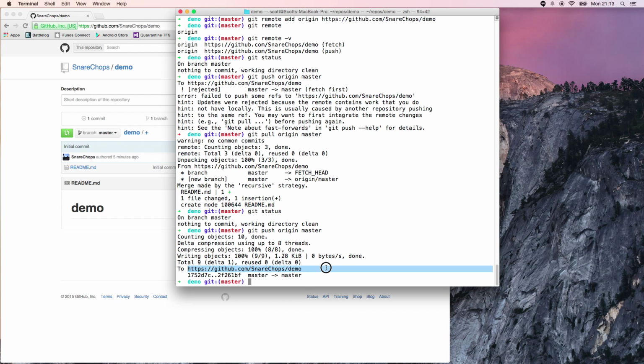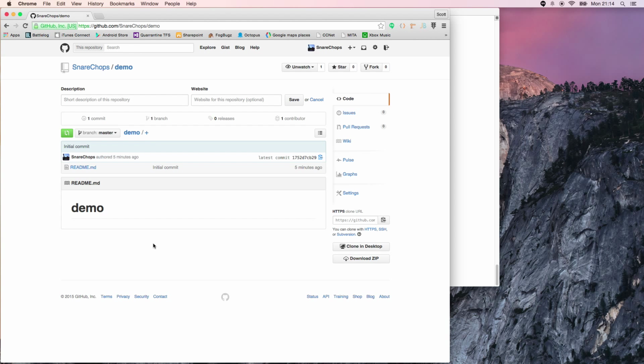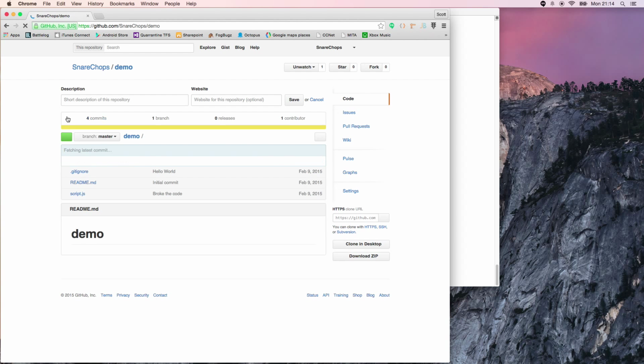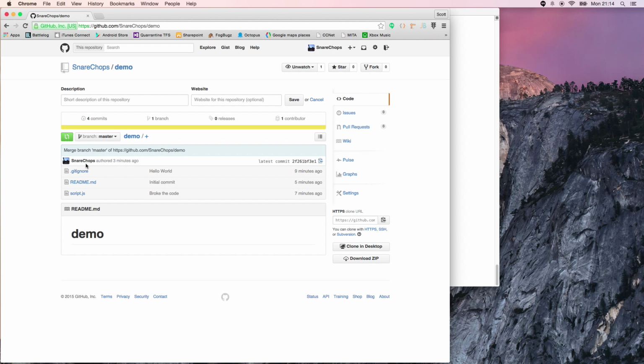Again, here's that magical URL. Make sure that's correct. It should always be correct if you got these things linked up together. And then it gives you some commit numbers, and then says we pushed from our master to your master. Awesome. So what does that mean? It means if I go over here and I refresh, we now have our files up here. This is the first way that you can use Git and GitHub together to get your code up on